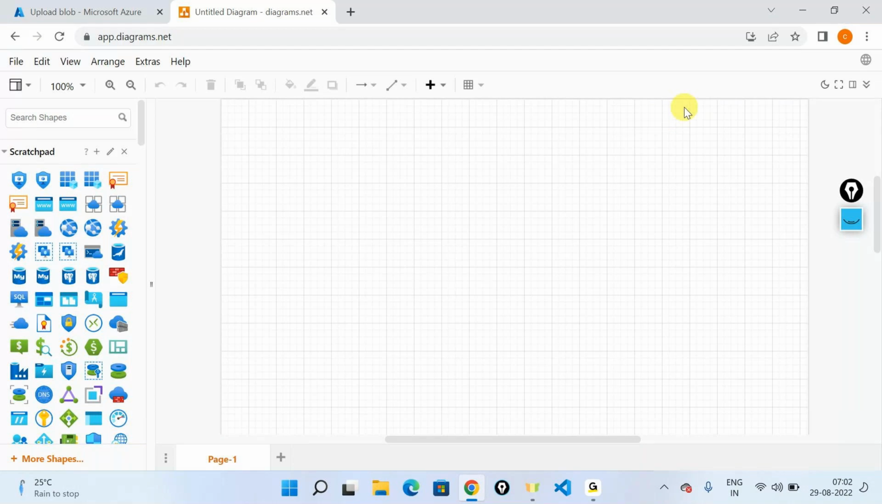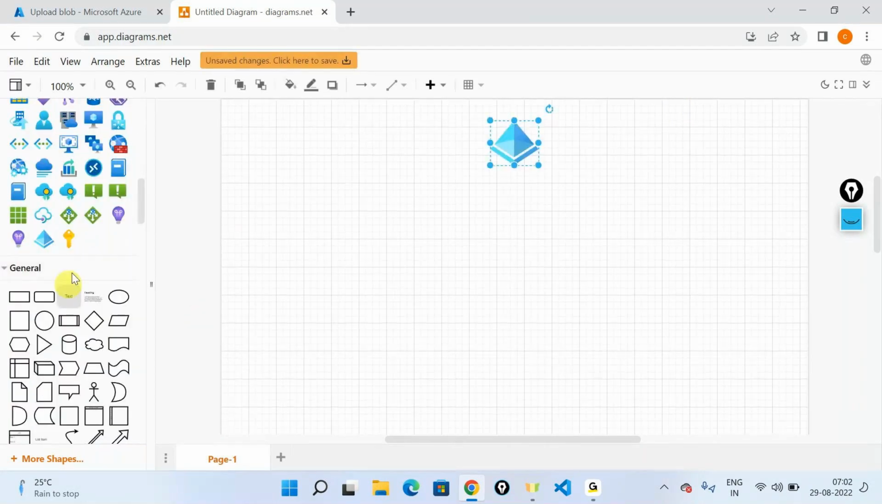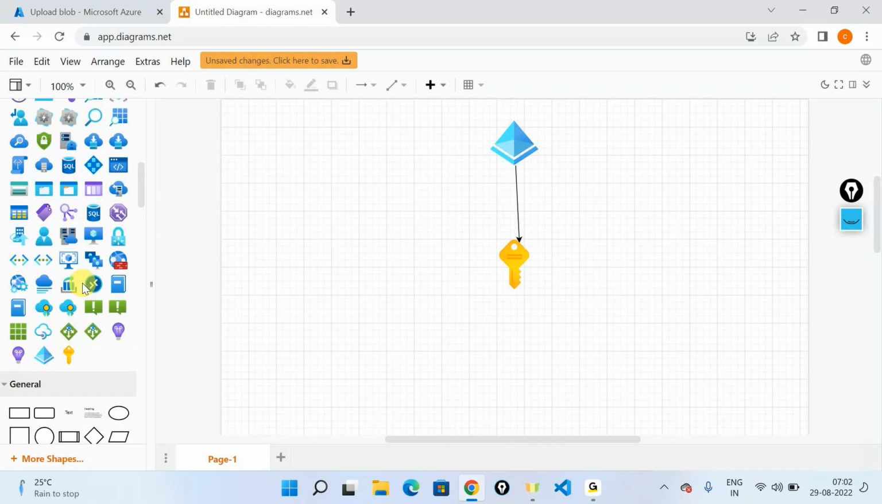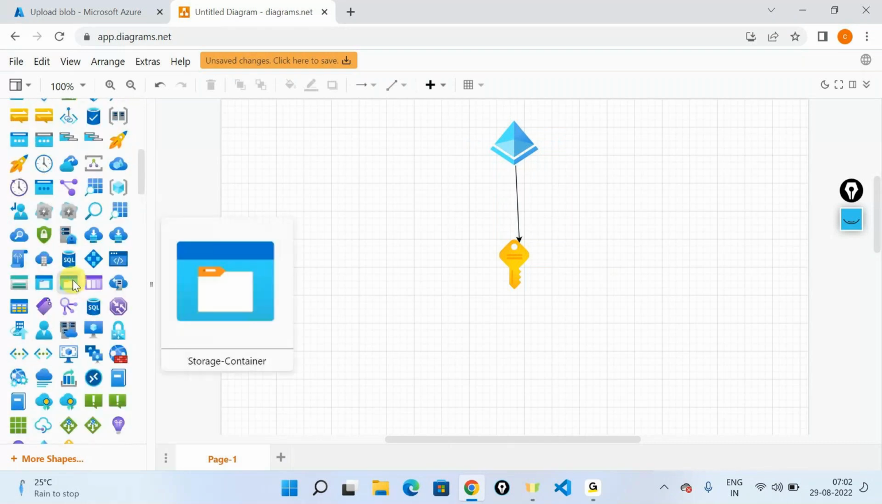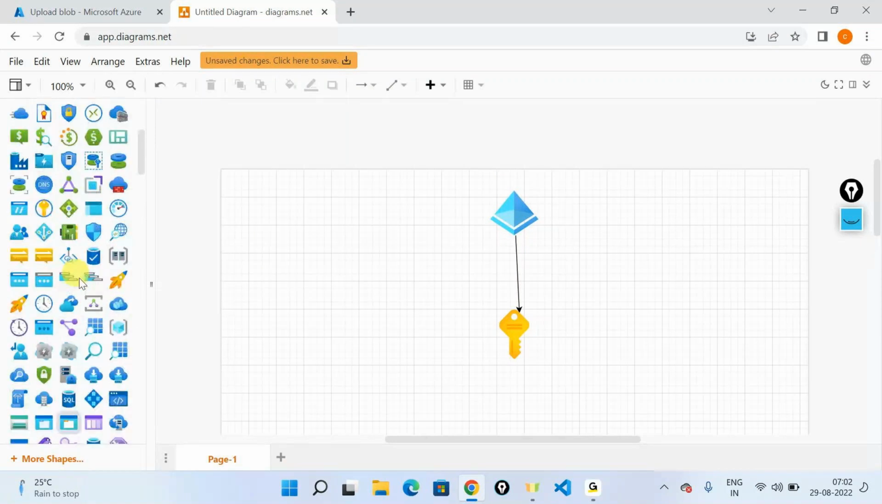So again, a tenant, a subscription, and under a subscription we went ahead and created something known as a resource group, in short RG. So let's check out where my resource group icon really is. All right, so a resource group, and under a